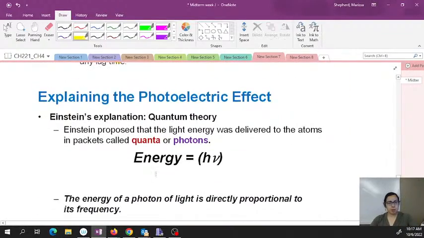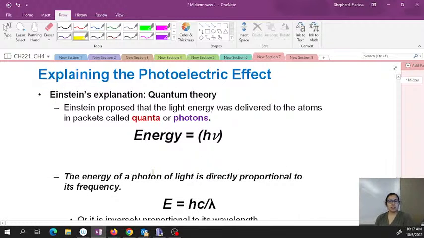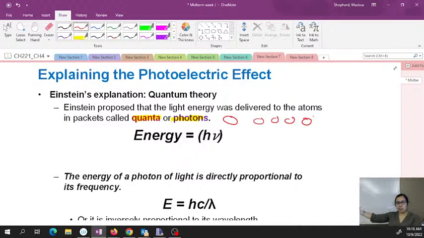And so that caused Einstein to come up with quantum theory and the photoelectric effect. He proposed that light was not just discrete, but rather delivered in little quanta or photons, little packets of light. These little packets of light had a certain amount of energy, and if that energy was not enough, you could not eject the electron. And so that's where we came up with this relationship.